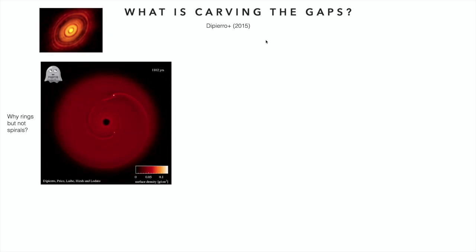Okay, so when we make modeling, one of the early puzzles actually, which I'm showing for sort of nostalgia, it's now 10 years ago, but there's an important point here which remains. People were puzzled, and one of the reasons why people went off on models of other things for gaps and rings is that if you think about how planets interact with a disk, you should make spiral wakes. So why don't we see any spirals in the top image?